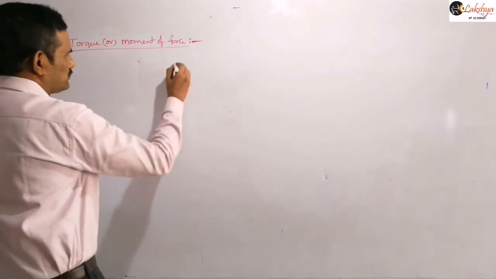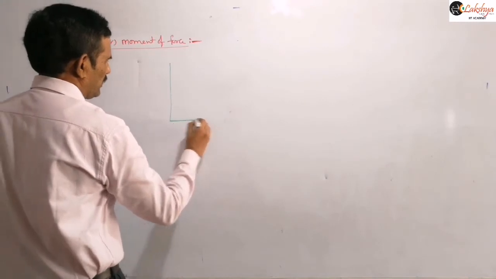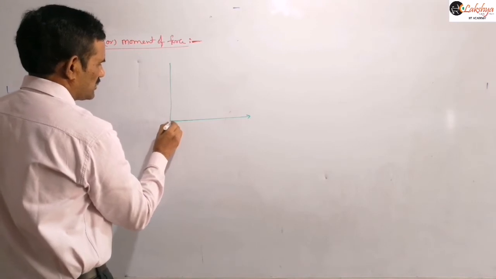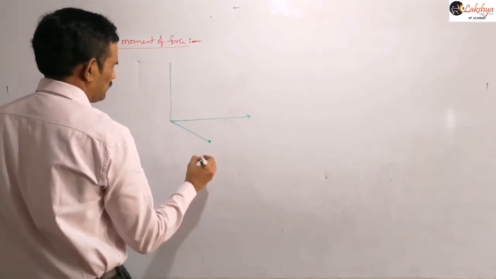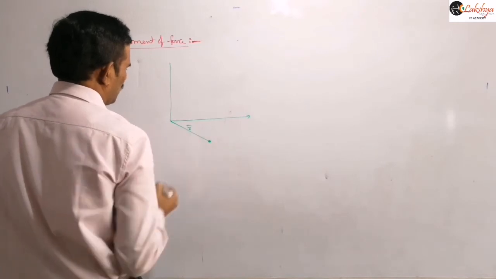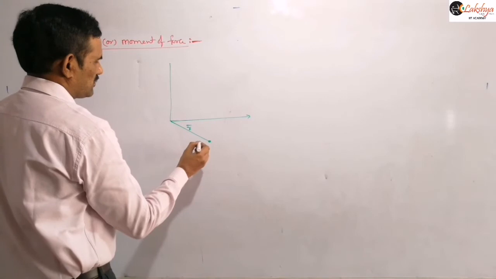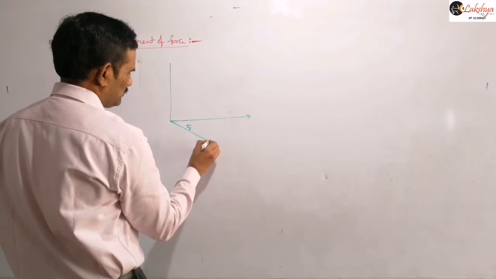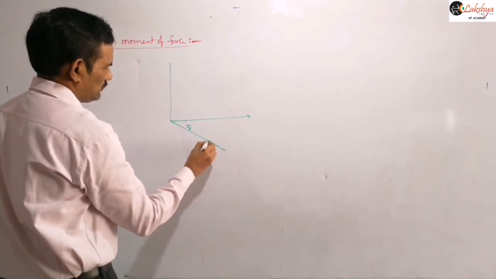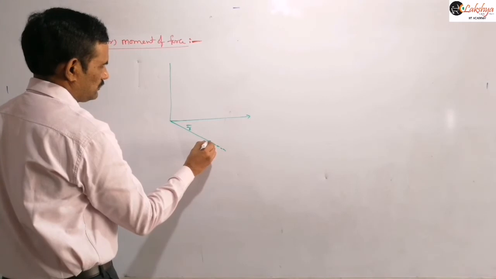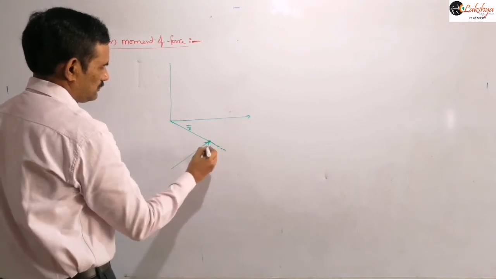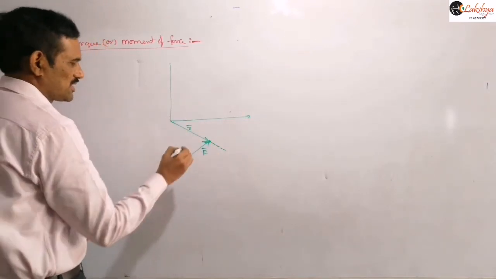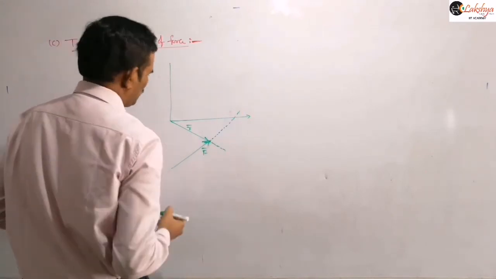So like here, suppose I am taking the case a particle is there. This is our coordinate system. Let us consider a particle is there here, having some position vector r bar. Now a force is applied on this. Say a force F bar is acting like this, and this is R bar. So F bar is acting like this. This is said to be the line of action of this force, right?